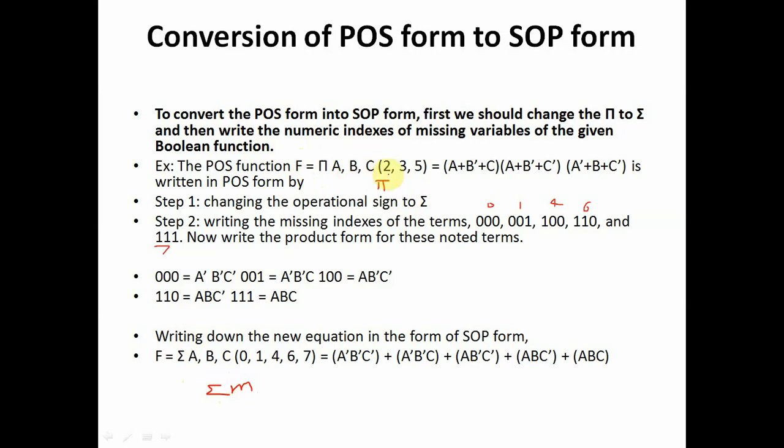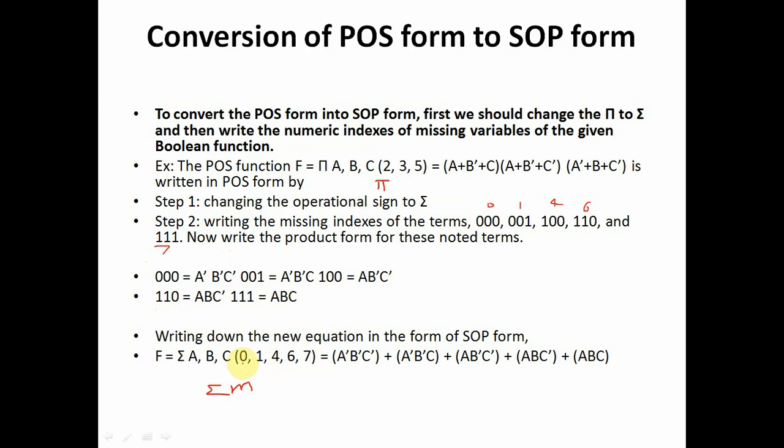After that, how many variables are present here? 2, 3, 5 variables are present here. But the remaining variables are 0, 1, 4, 6 and 7. So here I am writing the remaining variables as 0, 1, 4, 6, 7. The next step is to convert these variables